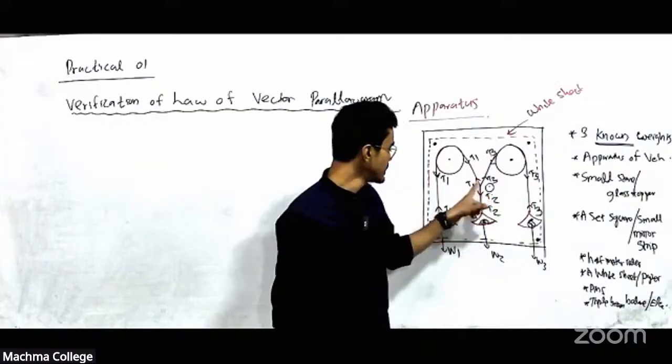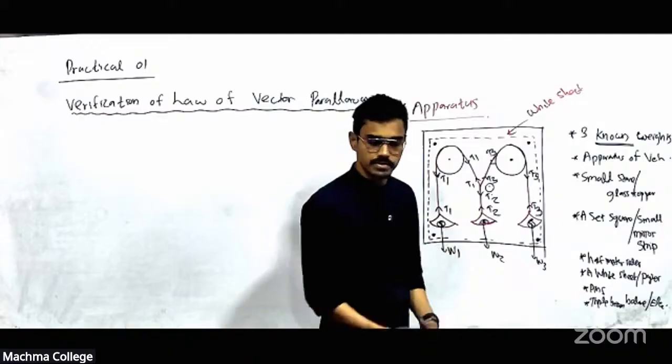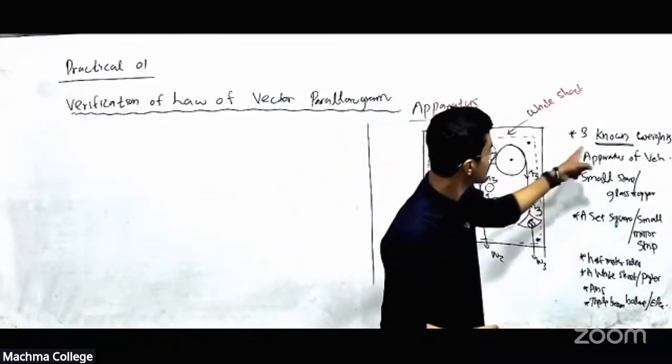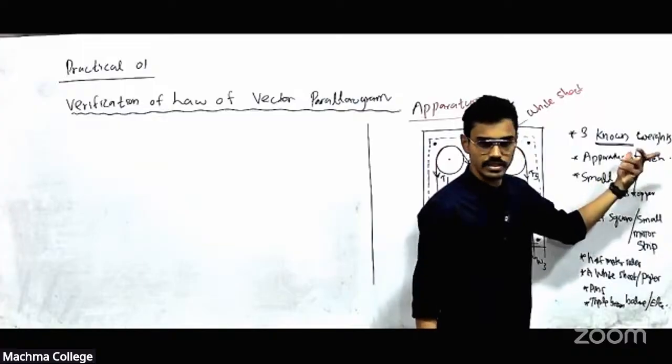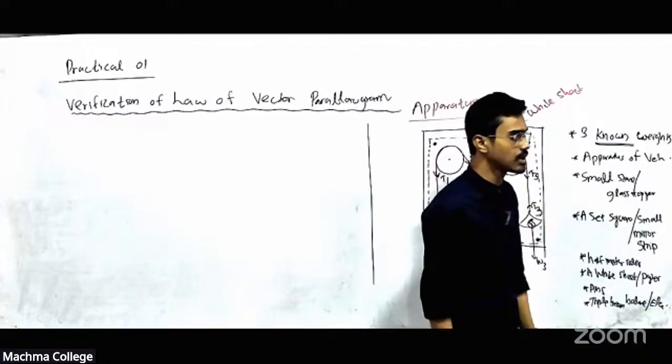And actually T1 is W1, T3 is W3, and T2 is W2. Which means tensions are known, because these three are three known weights. Right? And when we select these three weights also, we have to have three weights which are